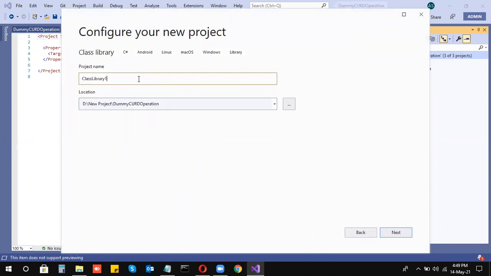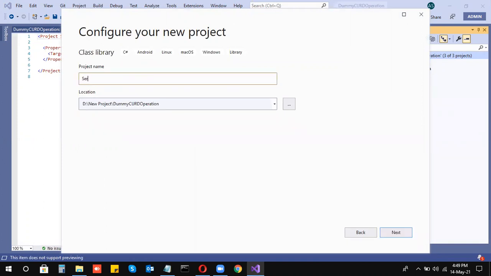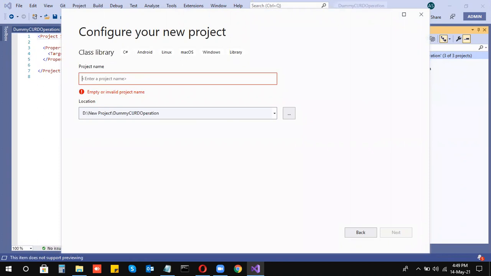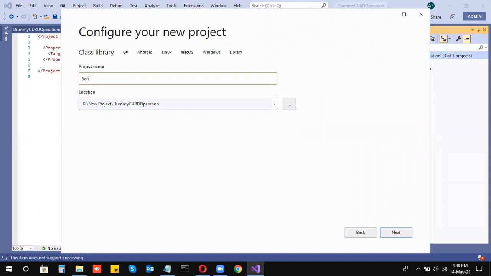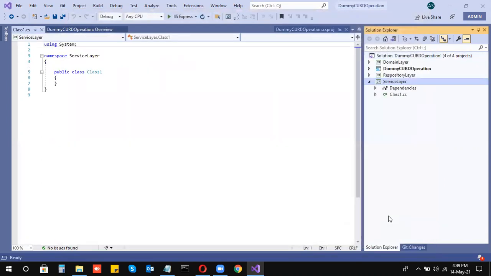class library. And what is this? This is your service class. You can call it the application services or domain services. So this is your service layer. I'm just going to name it service layer. Okay, so I'm done creating the 4 different layers, but